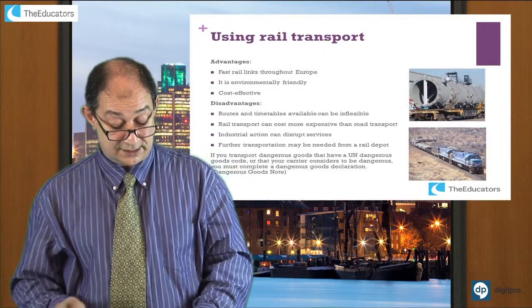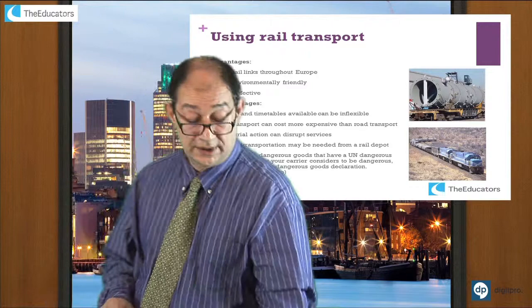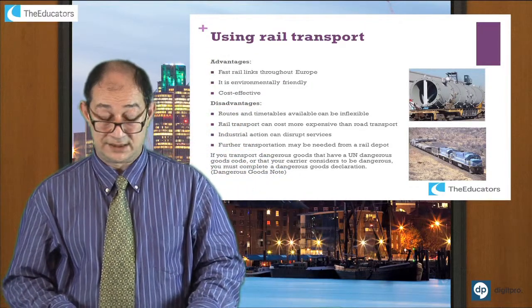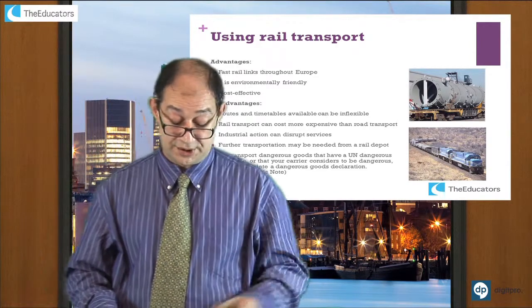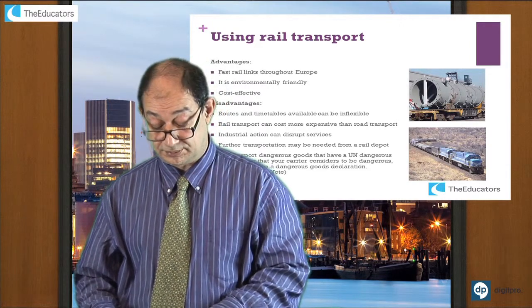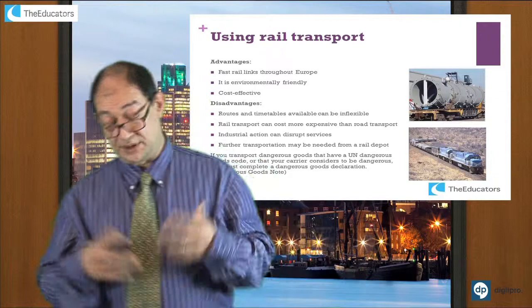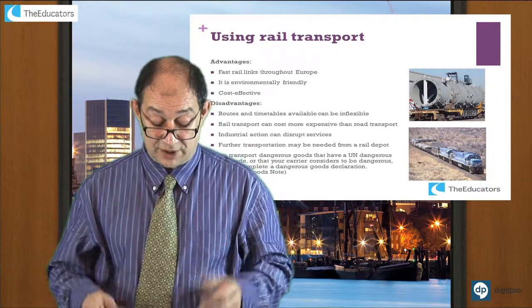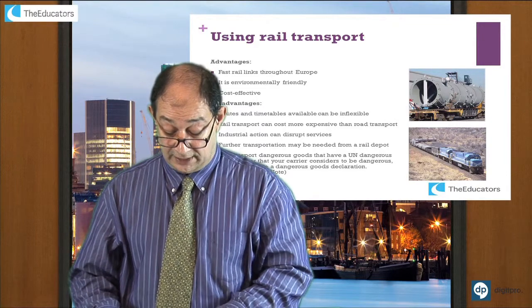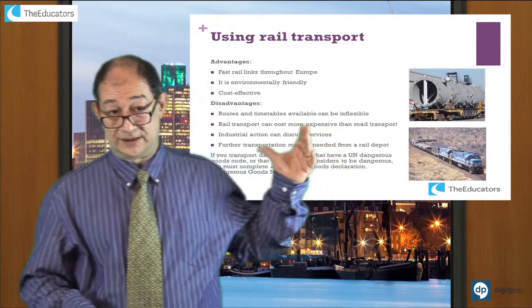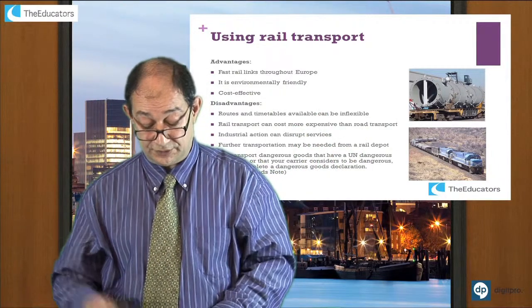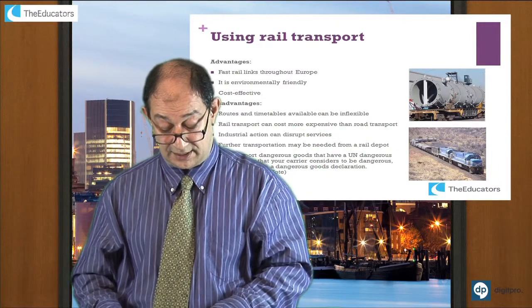Now, the next type is rail transport. Rail transport is a must in many situations, and in some situations it is probably convenient. Like in Europe, you've got a big network of railways, so you can use it. It is, again, suitable for long distance. If you're sending goods to the other end of Russia, the best way to do it, if you don't have an option of the sea, would probably be railway.